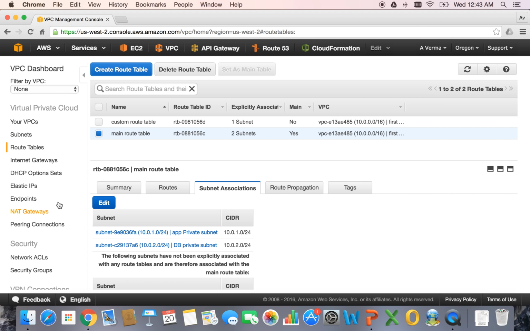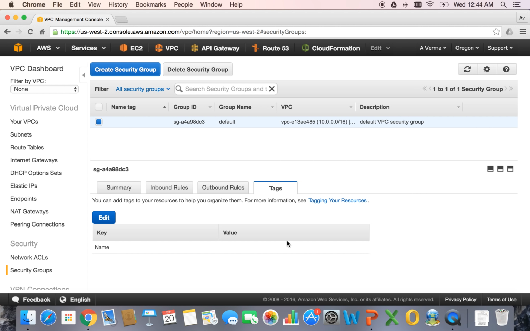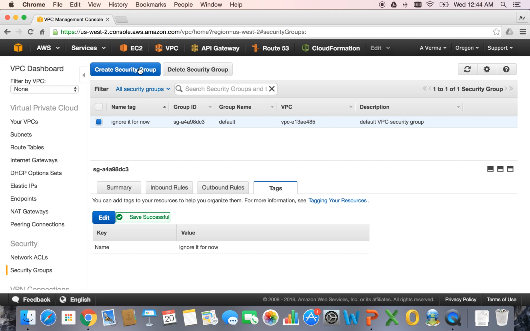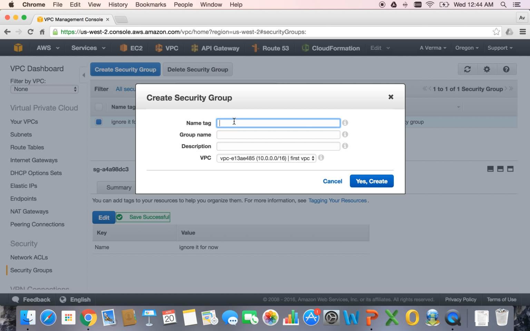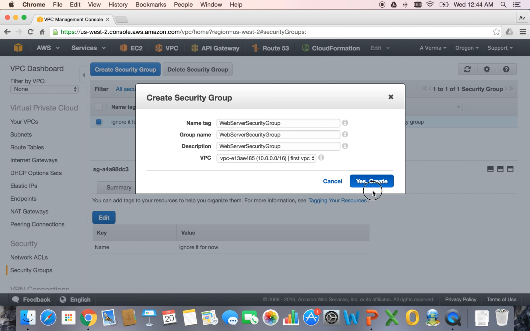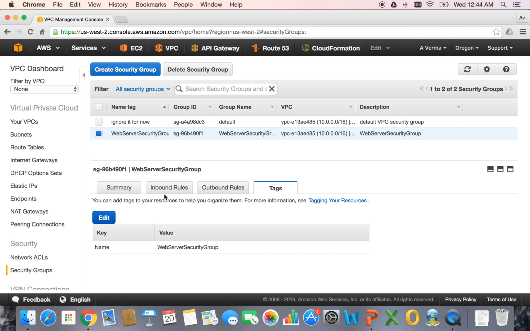Going to here, well, this one came default, so for now I'm not going to care much, but create my own. So let's do that. Select the correct VPC and create